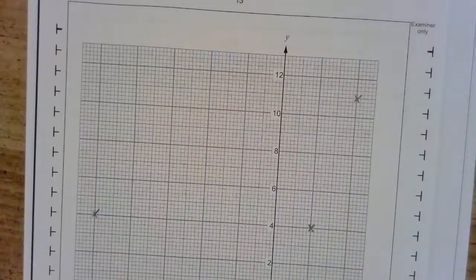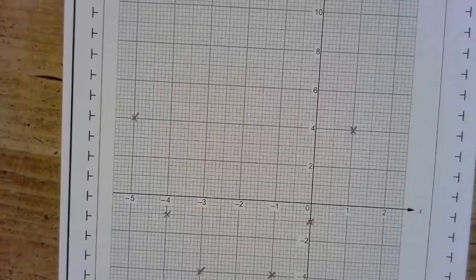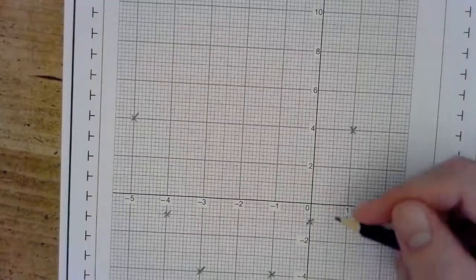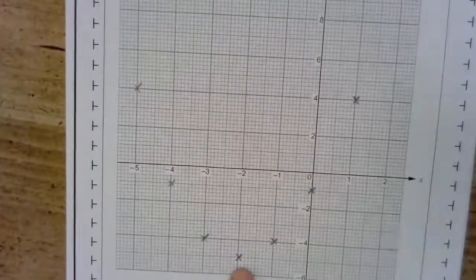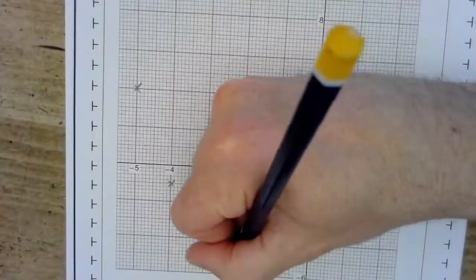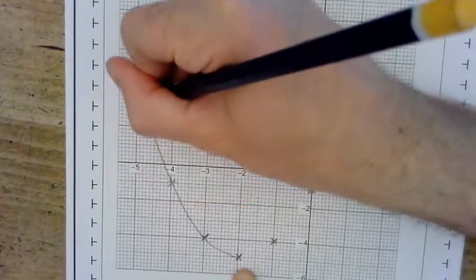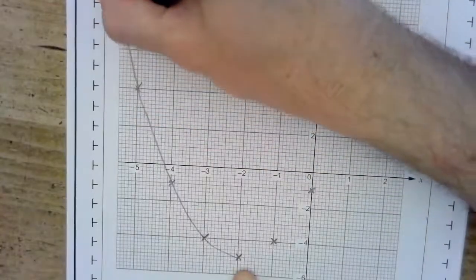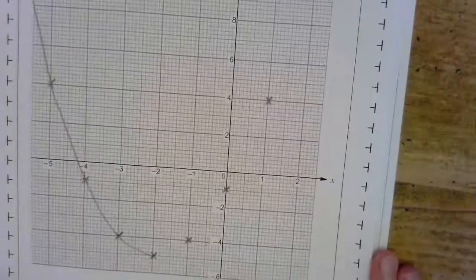Now, as I've already said, if it's got an x squared bit to it, it's got to be a free-handed curve. So I always go to my lowest point, which we call the minimum point, which would be minus 2, minus 5, and I start to draw it up one side. If I go wrong, I can just use a rubber and rub that out. Don't stop on your last point, draw it right up until the maximum point, until you hit the graph paper,